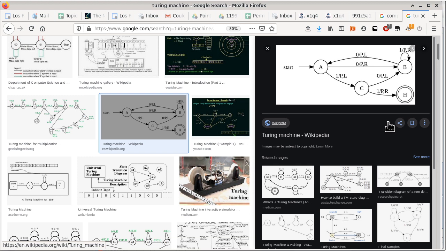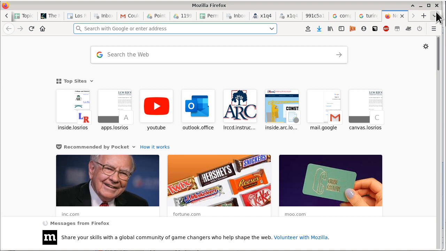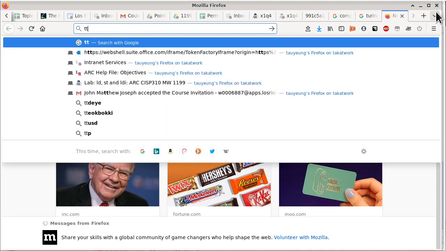And the interesting part of Alan Turing's theory is this theory, as simple as it seems, right? It's really, really simple. But computationally speaking, it can model the most complex computer that we have today. So when you look into theorems of what is computable, what is not computable, the Turing theorem is one of the